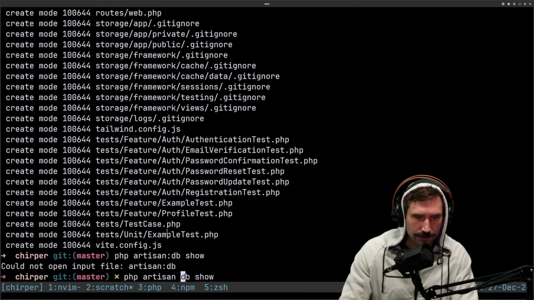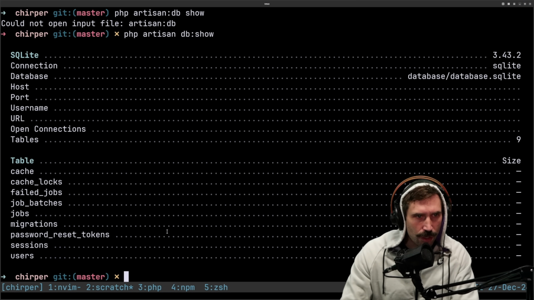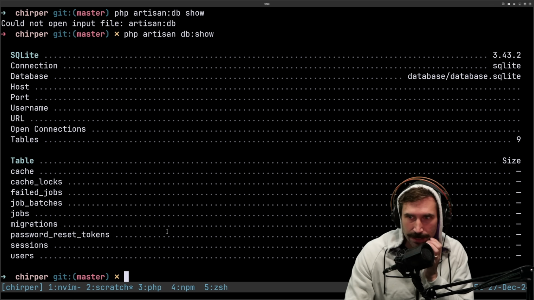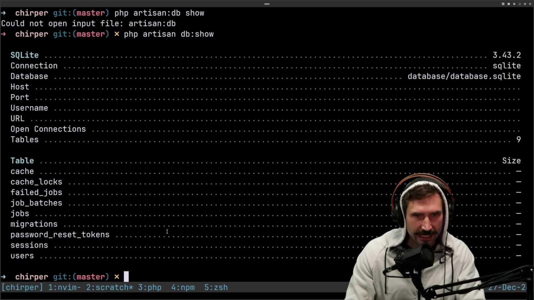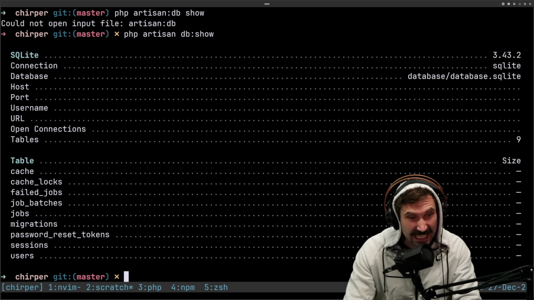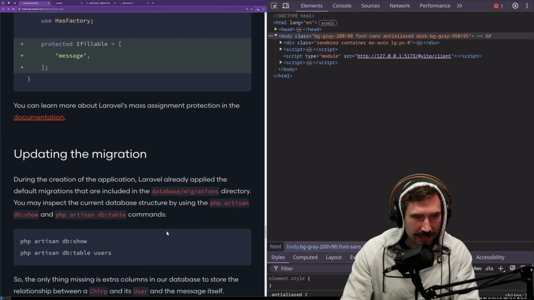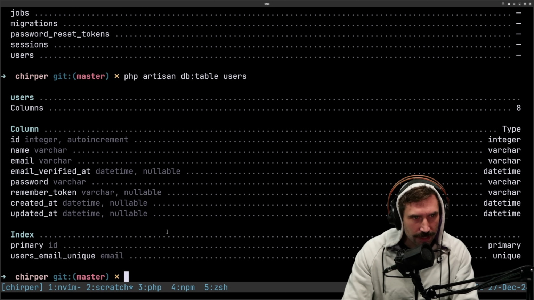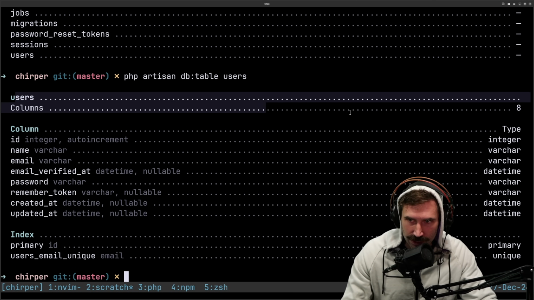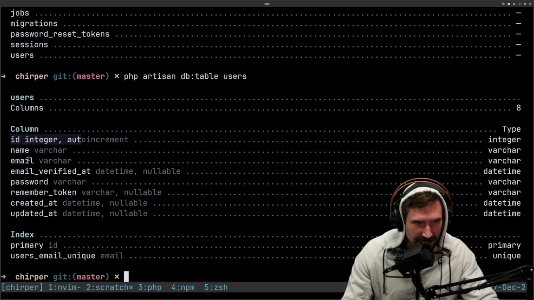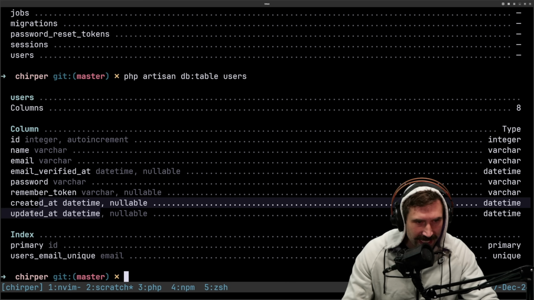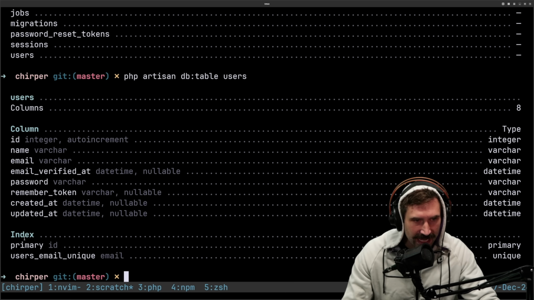Oh, gosh, I did that wrong. Okay, it's Artisan. Okay, there we go. SQLite connection, nice. Database, yeah, we got that one. Database SQLite, nice. Tables, we have 9 tables. Holy moly. Table. By the way, this is very convenient. Users. All right, so we can do this one. So we can do the users. There's 8 columns. There's ID, name, email verified, password, remember token, created at, updated at, index, primary, and users email